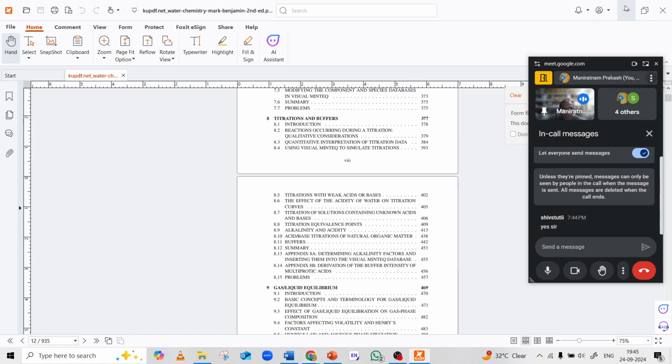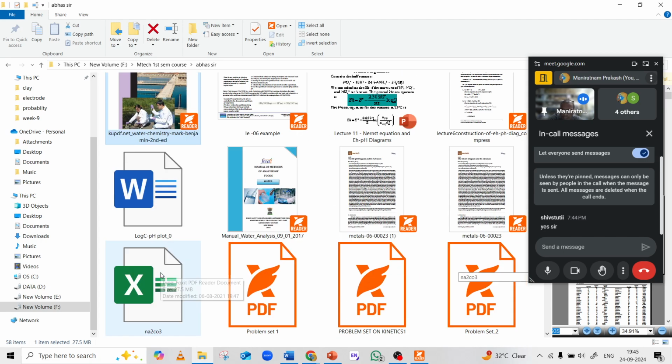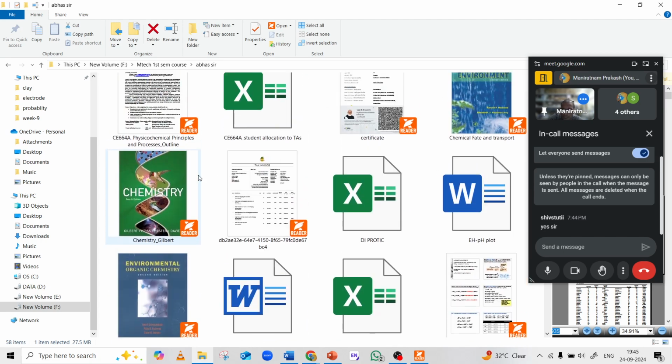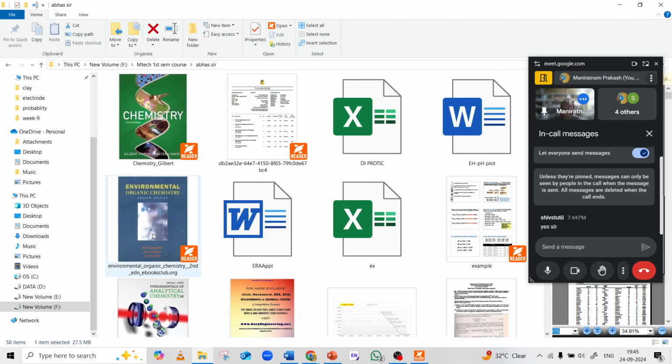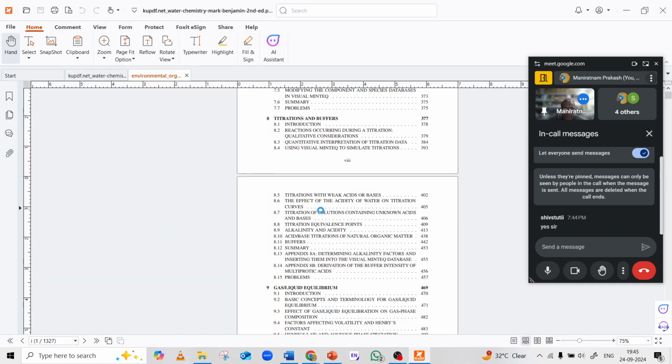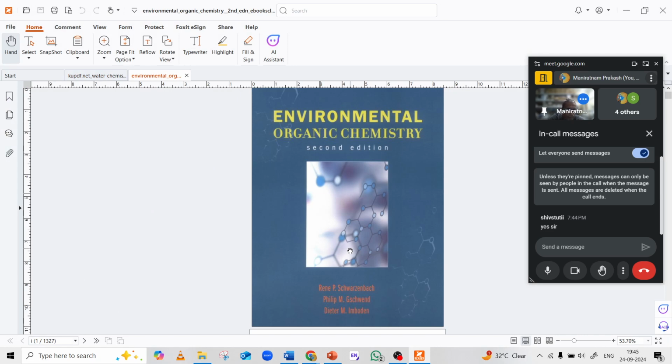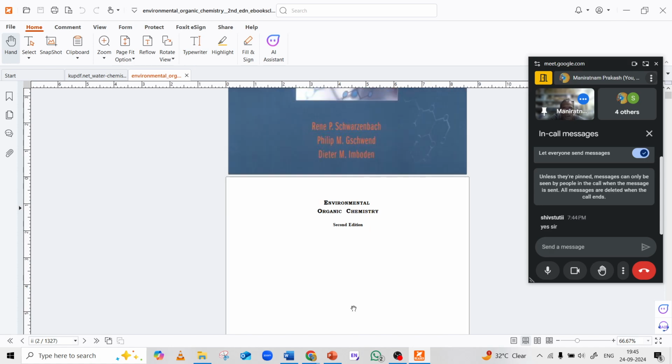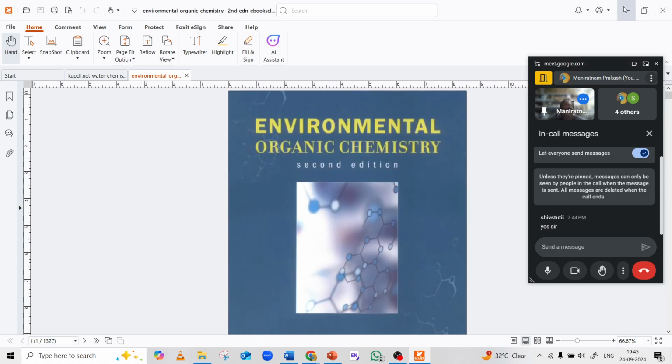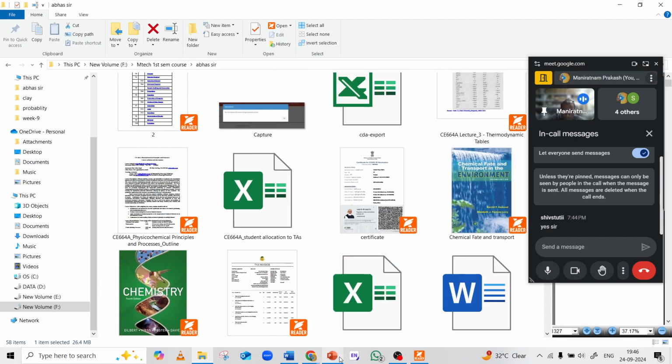And if you are interested, there are several books. If you are just interested in organic chemistry, suppose if anyone is interested in removal of organic things, then for that we have this book. Generally people prefer this book, Environmental Organic Chemistry, by this writer. I'm not able to pronounce, and there are many. So coming back to the topic,